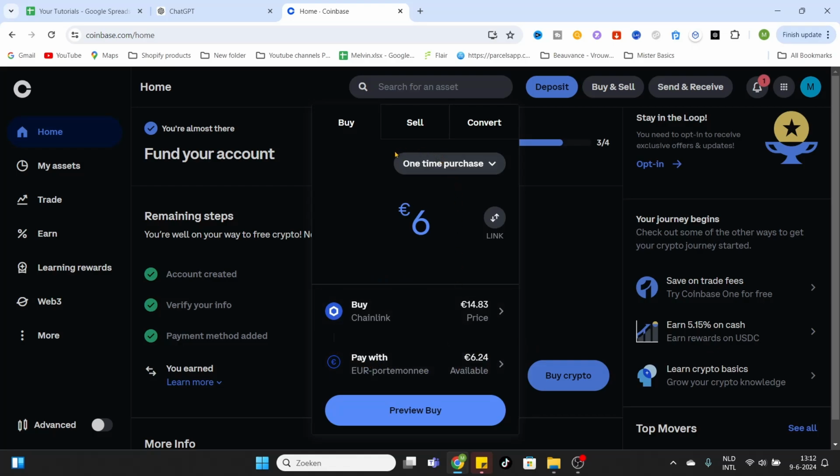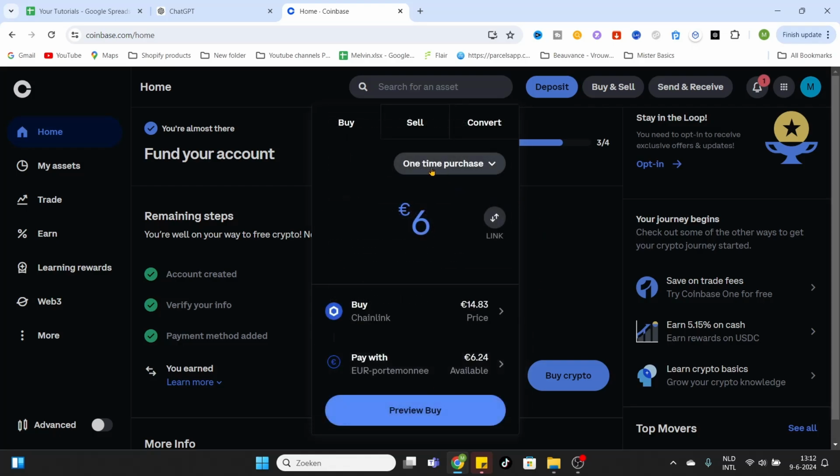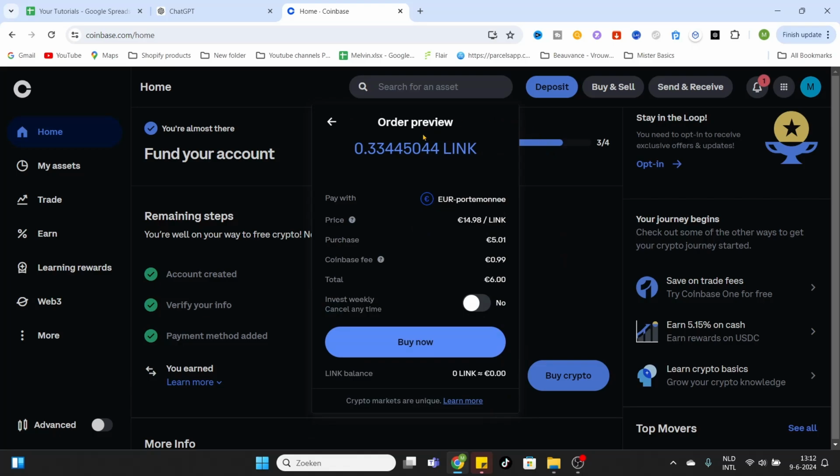After that, you can select the purchase frequency. You can select daily, weekly, twice a month or monthly. I don't select any of them. I would like to make a one-time purchase. So after that, click on Preview Buy and they will show you some information about the purchase you are going